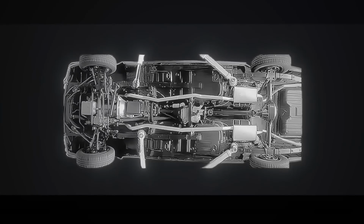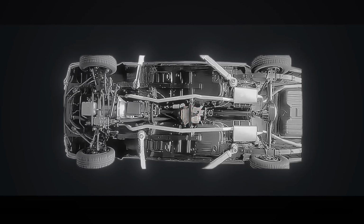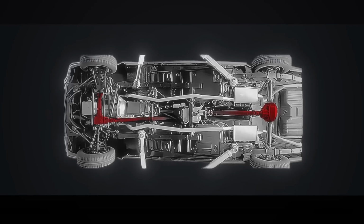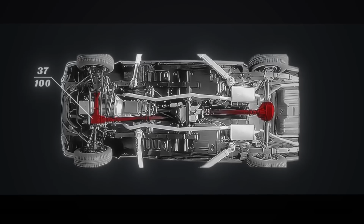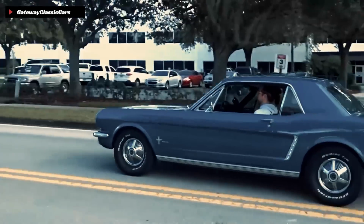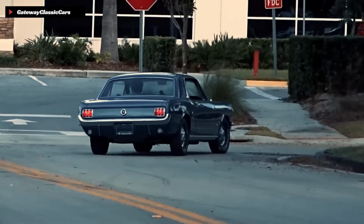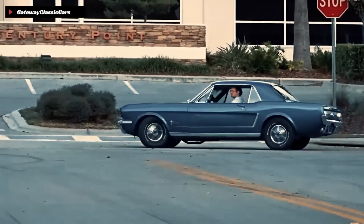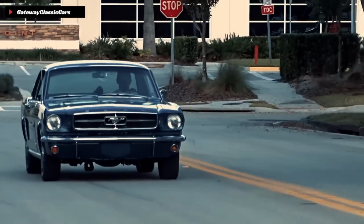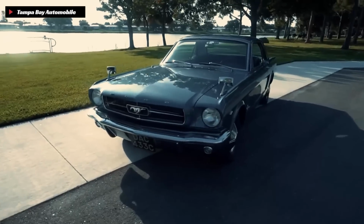Now, the Ferguson system itself included a planetary center differential with one drive shaft feeding power to the stock differential in the back, while another drive shaft sent power to a smaller differential in the front, with a torque split of 37% to the front and 63-ish% to the rear. This was a full-time system with clutches allowing the car to smoothly turn and to have power sent to all 4 wheels at all times. As a result, this Mustang would have gotten far better traction in every single driving situation. But the rear bias of this all-wheel drive system would also allow this car to have a similar feel to